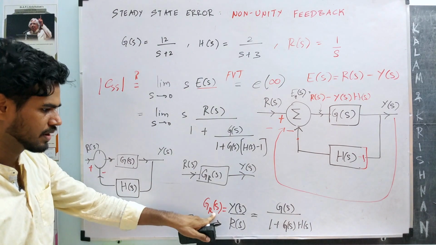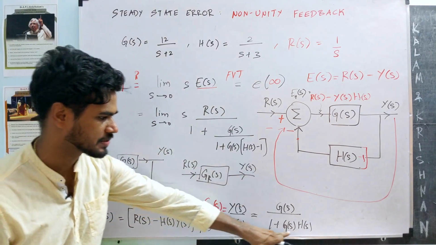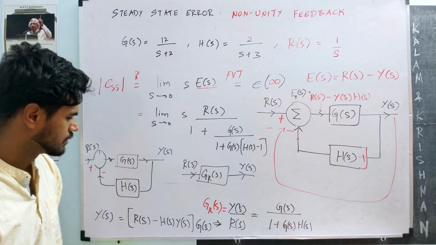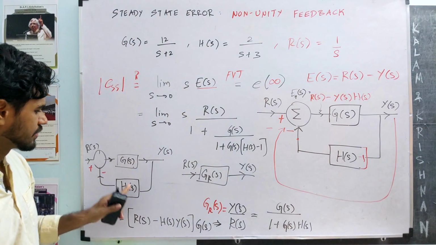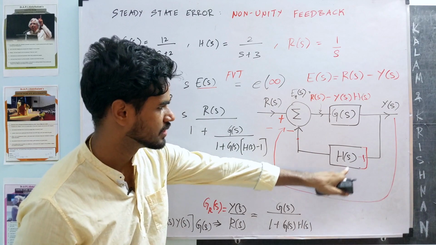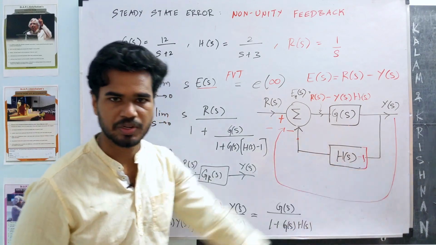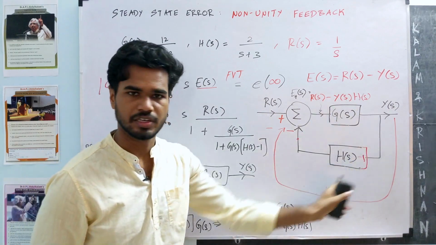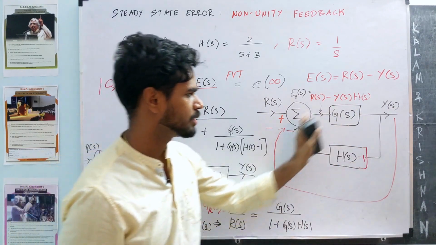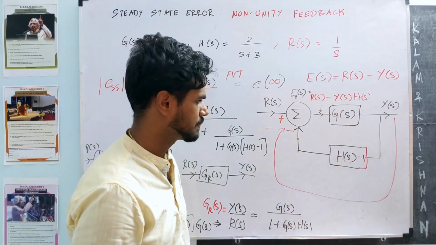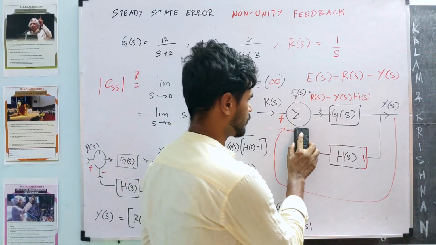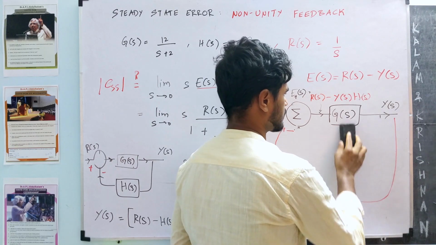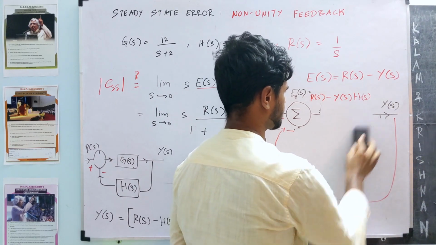That we know as g of s by 1 plus g of s h of s. So instead of this, what we here have is g of s and a h of s minus 1. So there is a h of s minus 1 term in this inner loop reduction. So I'm going to replace this with its equivalent transfer function. Okay, so I'm going to remove this loop. Remember, there is a h of s minus 1 over here. So that becomes